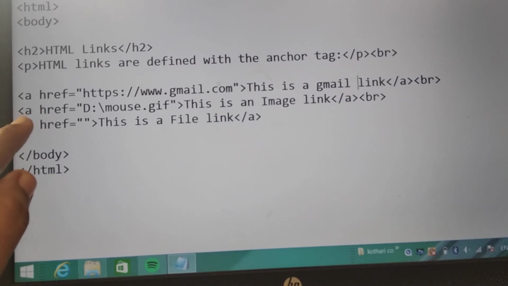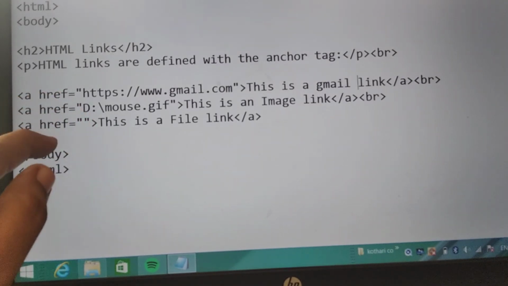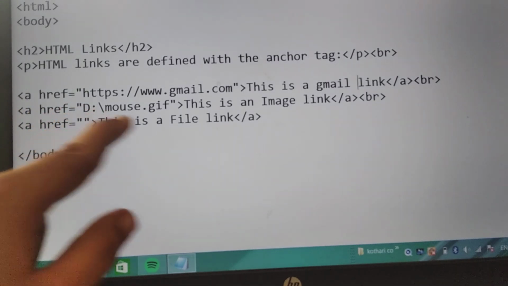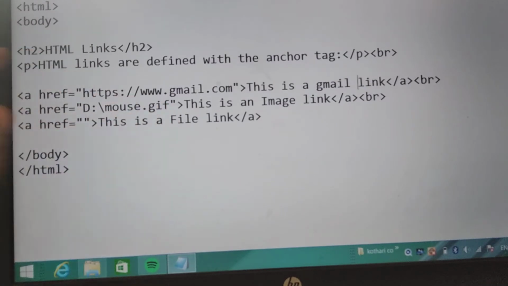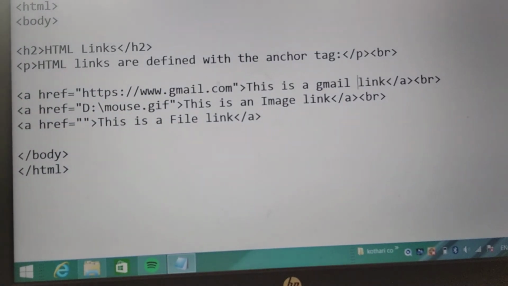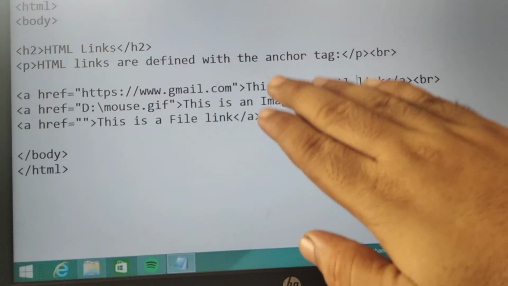The second anchor tag means, the anchor tag is similar, but I have just changed the path. This is the path name. What is the syntax? a href is equal to path. This is the syntax for the anchor tag, and close the anchor tag after any word or sentence or character or number.